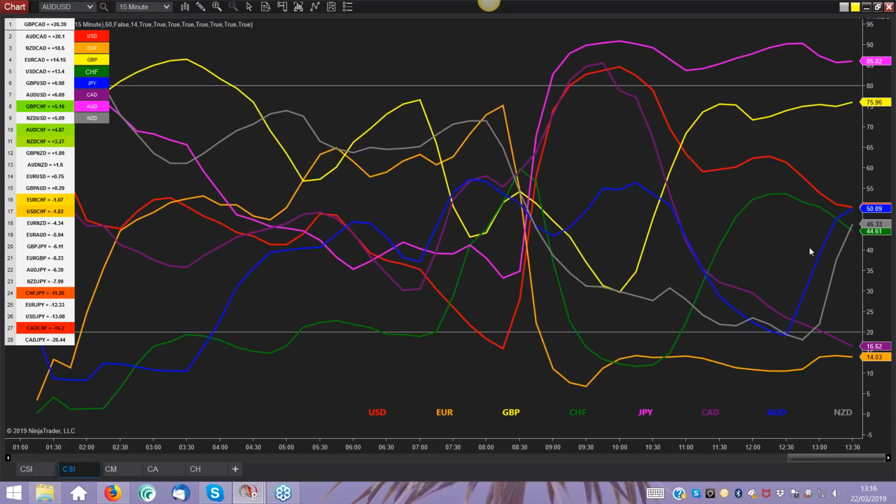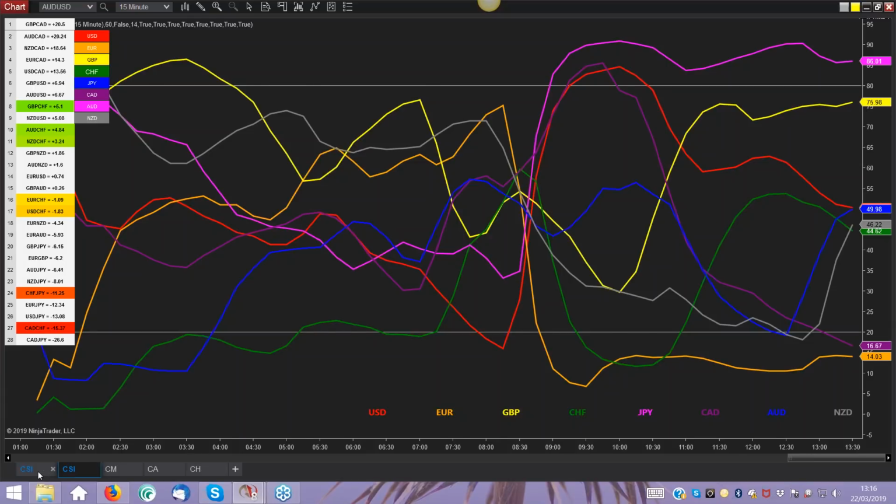So there's lots of variables. There's nothing perfect. There's nothing that works every single time, but what it does give you is a heads up as to where to look, where you've got to be patient. And if you're not particularly patient and you want to be trading, then you've got to hunt out other pairs. You've got to start hunting out the trends.